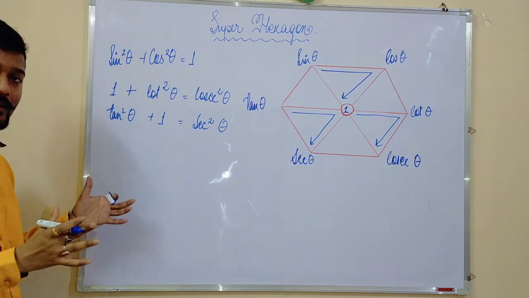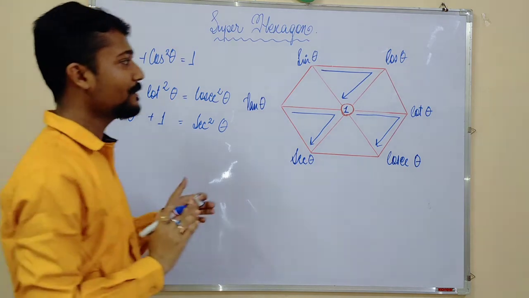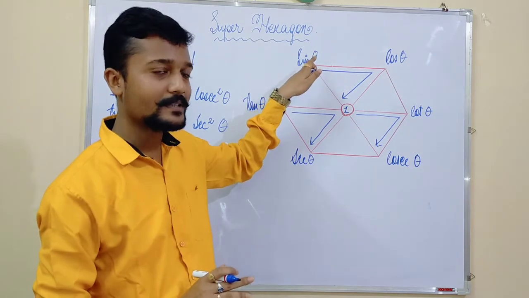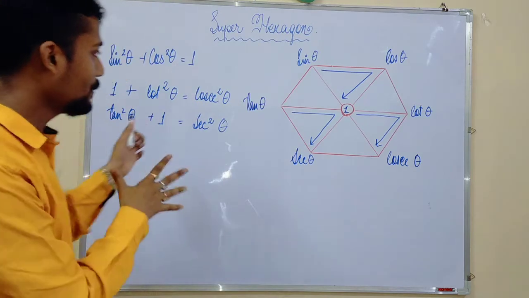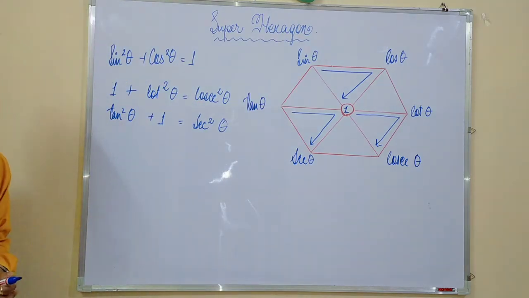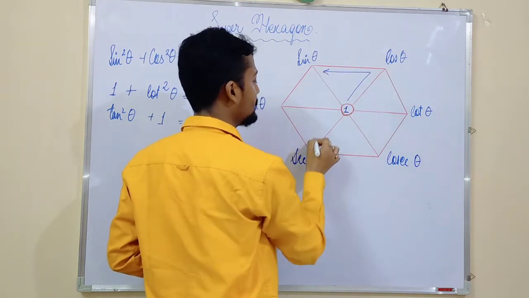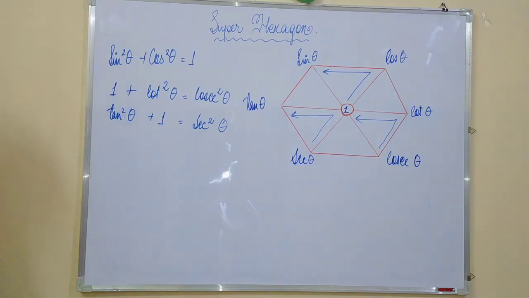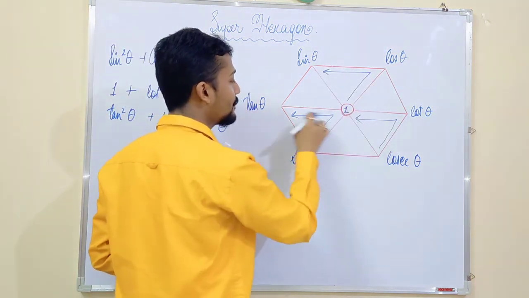Done? Is it over till this much? Is this enough? Not at all. So whatever we have done, we have done in the clockwise direction, isn't it? Like this, clockwise. Now if we go anti-clockwise, would you like to see? Okay. So before you complete this, see carefully again. Now we will be going in the anti-clockwise direction. This, and this. Okay? This from here to here, from here to here, and from here to here.